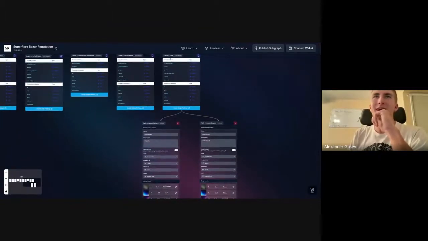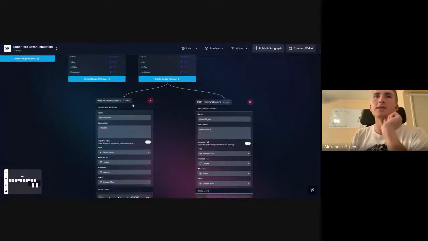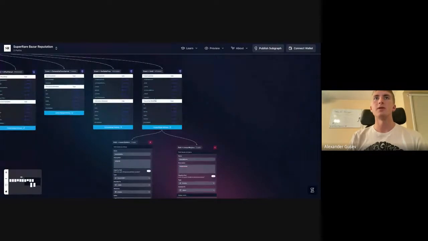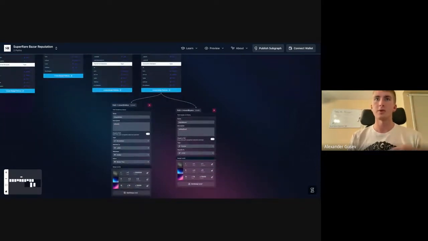So anyway, continuing onward with that. We can track different types of events, and from these events, we can define what actions we care about. For instance, here I just made two sample pathways, and badge pathways basically define a flow of actions that we care about with different difficulties. I changed this up a little bit. With Reward Buyers, this pathway is built off of the Sold event, and the Sold event contains a buyer and a seller. Whenever somebody buys or sells an NFT, an event is emitted with the person who sold it as well as the person who bought it.